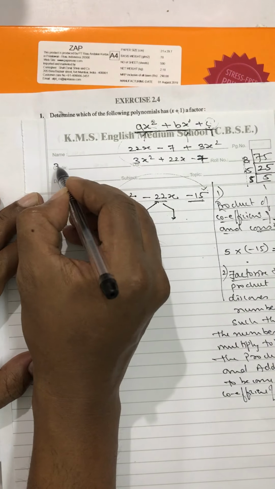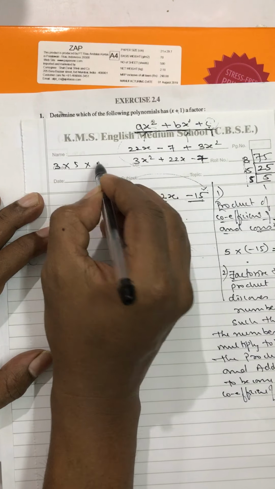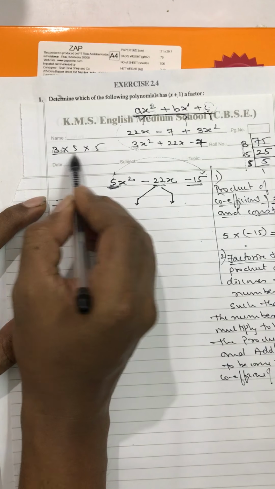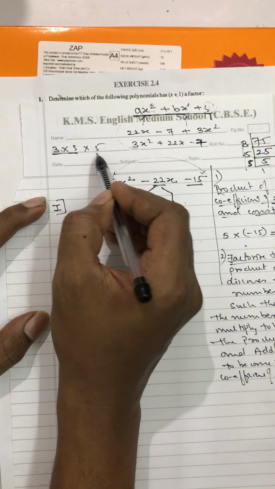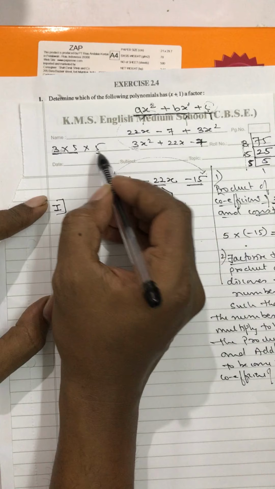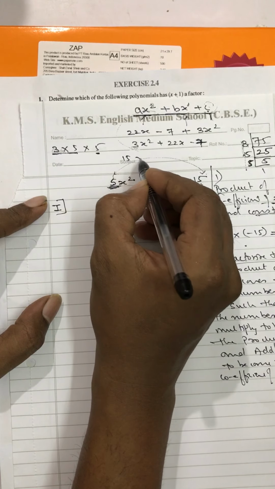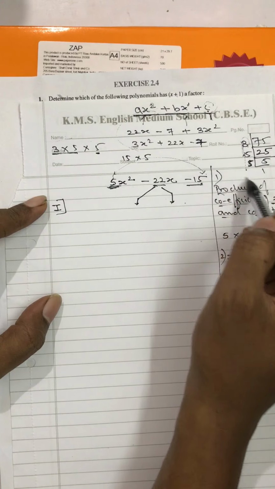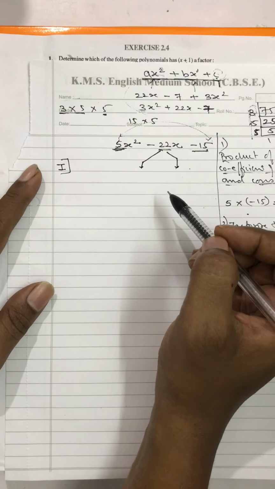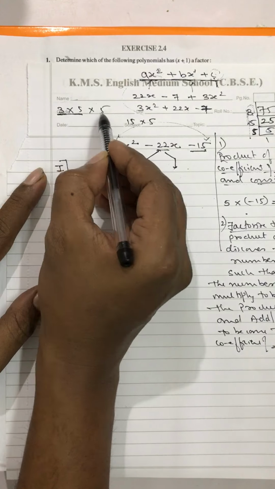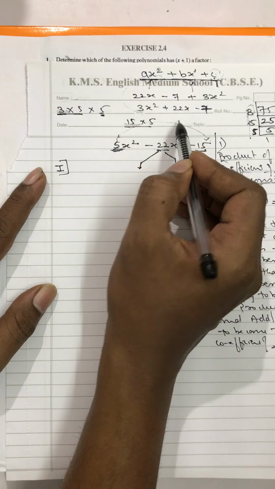See, like this, they are 3 into 5 into 5. So once I will take, supposing 3 5s are 15 into 5. This is one combination, right? 15 into 5. This combination will definitely give me 75 if my factorization is right. But then, see, 3 5s are 15 and 5. If I multiply, I will get 75.